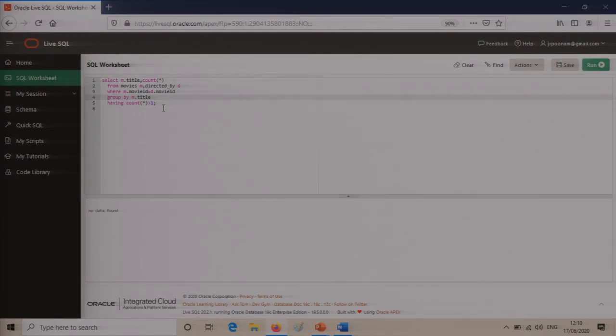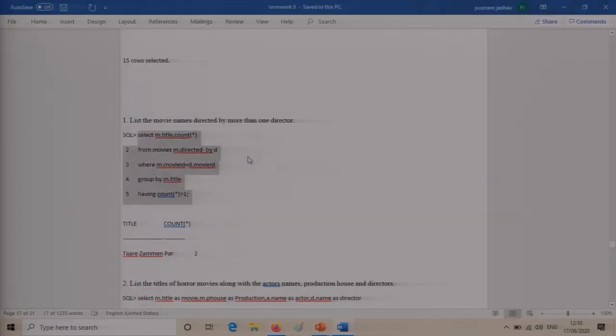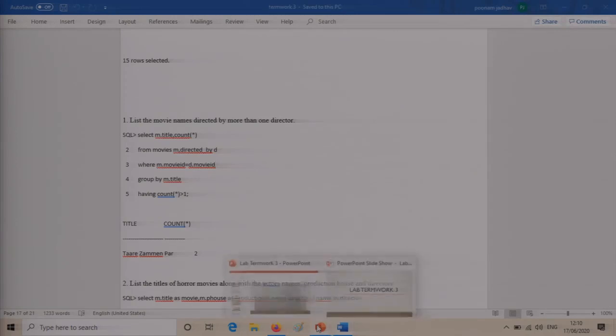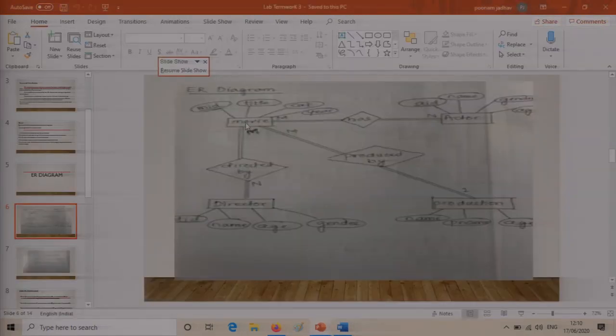So what was the statement? It was saying the movie names directed by more than one director. So you had to build the relationship between the movies and the directors. Let me take you to this schema. You can see it was talking about a movie being directed by directors, in which one movie is directed by more than one director.